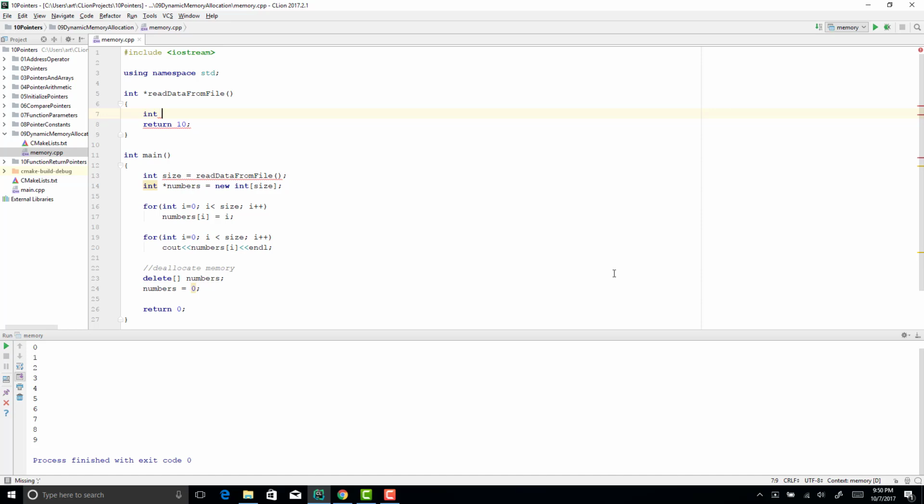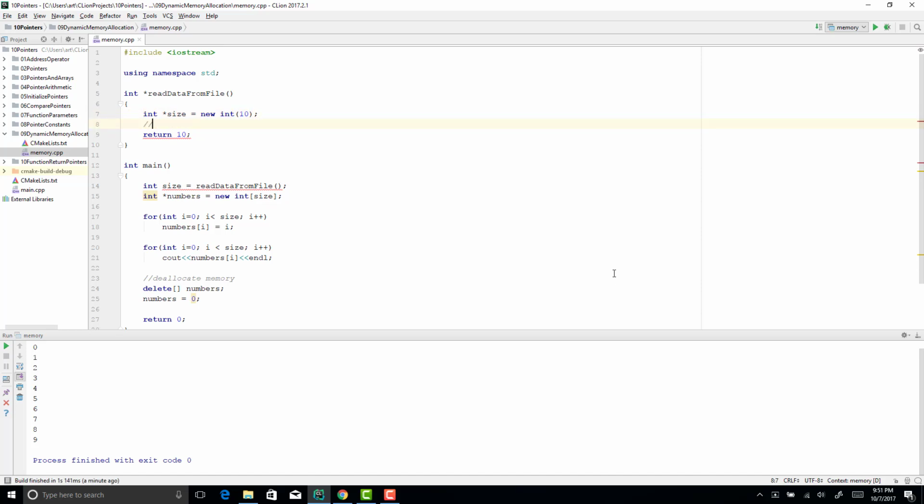So now we will say size equals new int and whatever, right? Of 10. Of course, here there will be some logic to read the file, but we're not going to do that. And then we return the variable